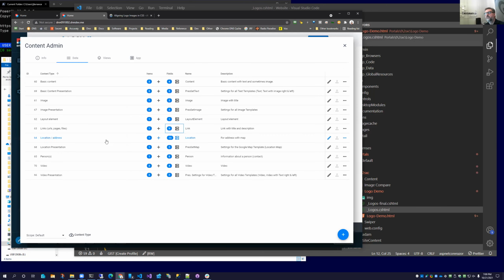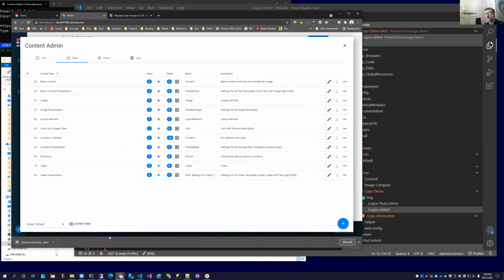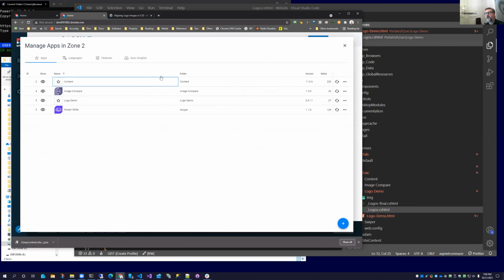So what we're going to do right now is take the link data type, and we're probably only going to use two fields, the image field itself, and actually that's probably about it, but I'm still going to use it. We're going to export the content type, and notice it's sitting right here in the bottom of my browser. And we're going to come out of here.